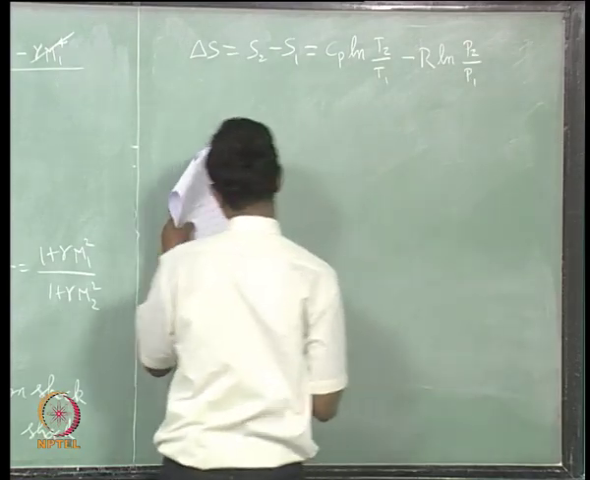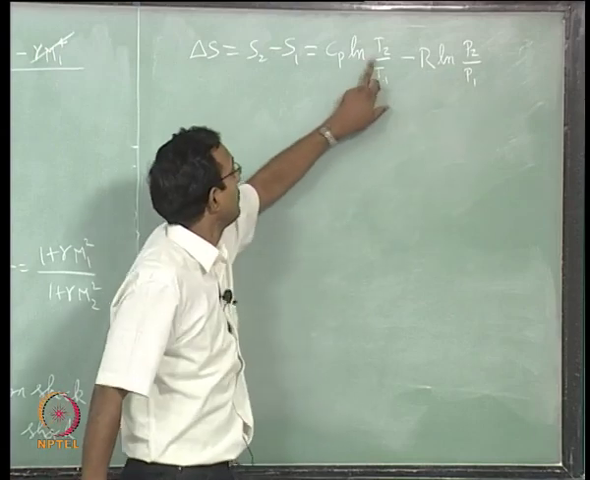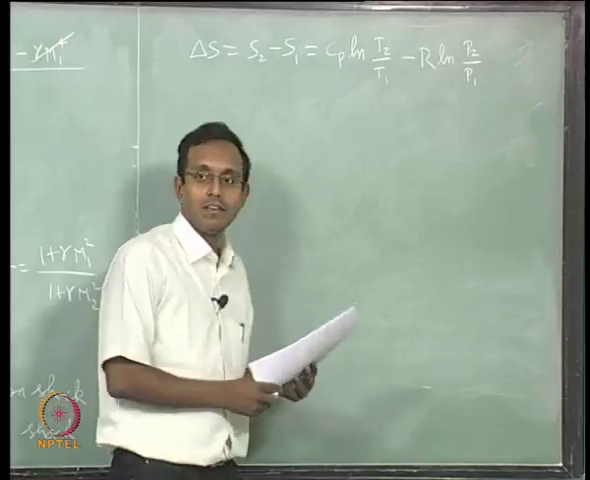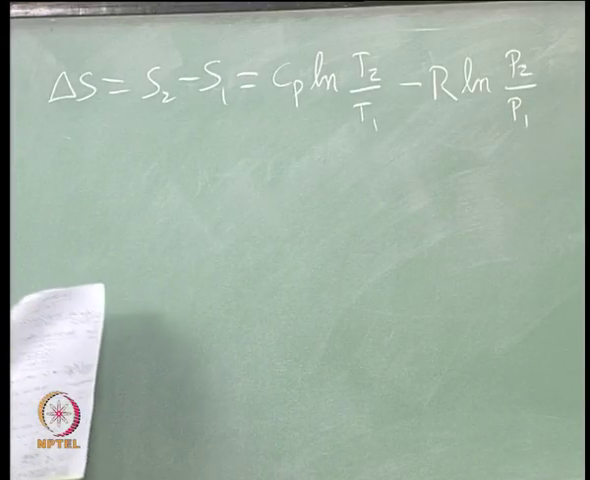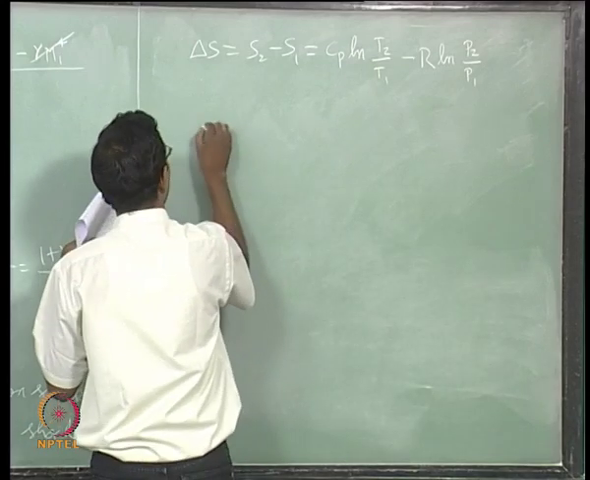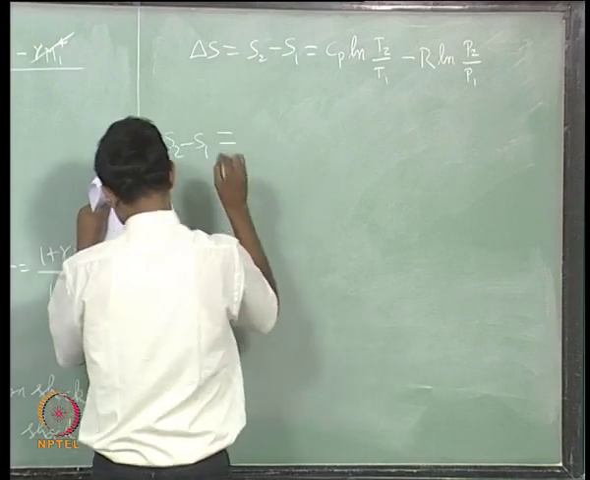We have this expression. Now, we have expressions for P2 by P1 in terms of M2 and M1, we have T2 by T1 in terms of M2 and M1, and Cp I can write as gamma R by gamma minus 1. If I do all that together, I will get to a form where my S2 minus S1 is equal to